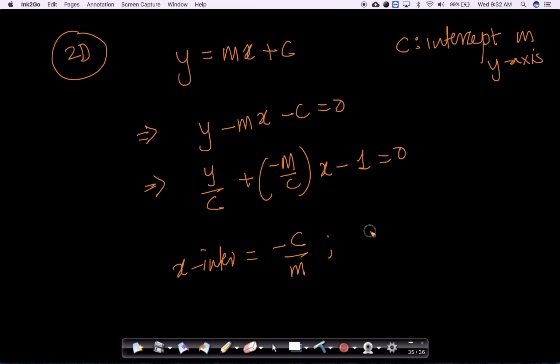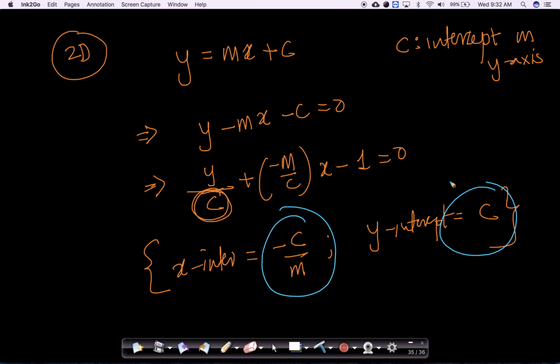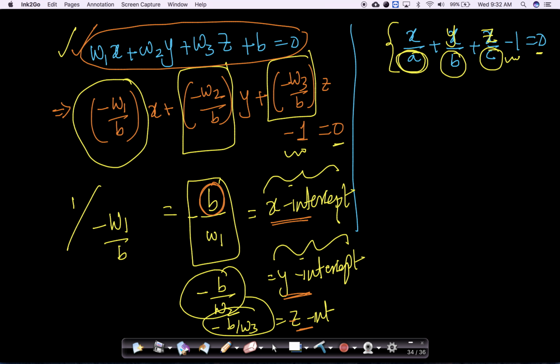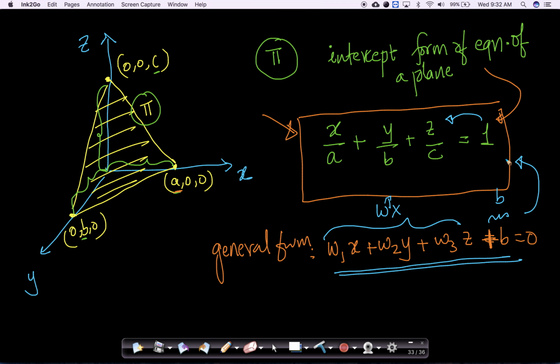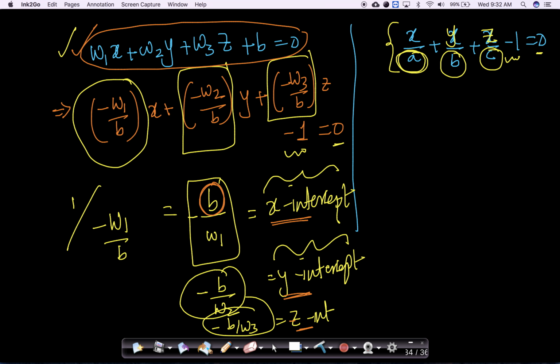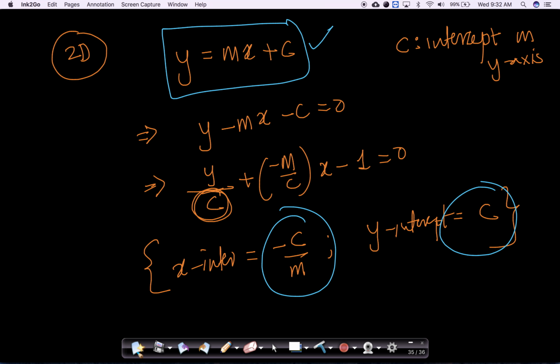And what is your y-intercept? Your y-intercept here is nothing but c, because c is what you have in the denominator of y. And we are inverting this to get the x-intercept. So in a nutshell, this formula that you have is a simplified version in 2D of what you should have in 3D. So given this major takeaway,